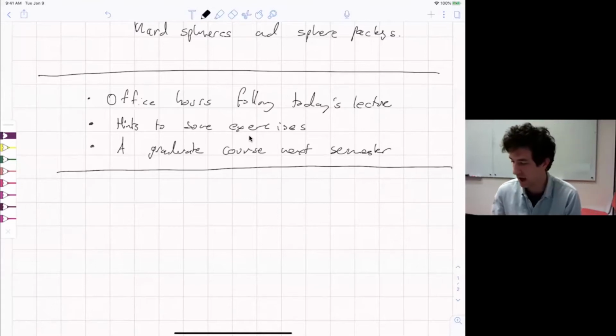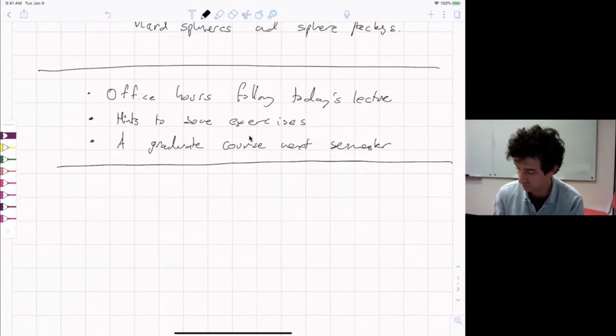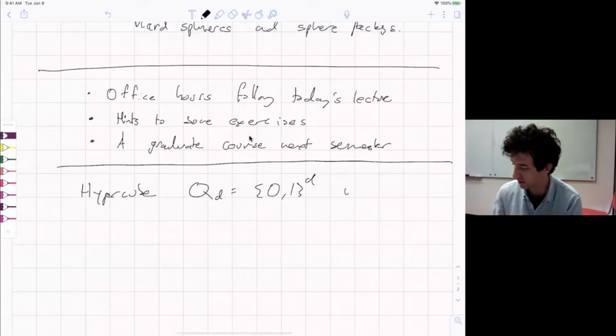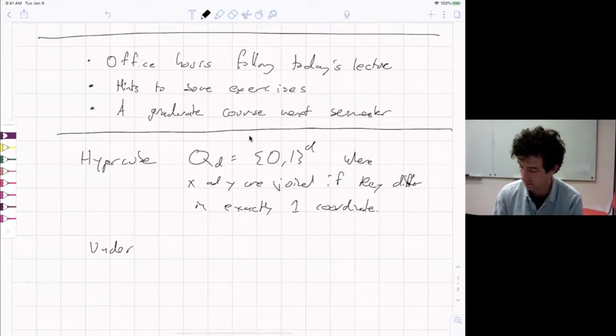Good, so what we're going to look at is the hypercube. Let's call it Q_d, and this is the graph {0,1}^d, where x and y are joined if they differ in exactly one coordinate. And then we want to understand the independent sets